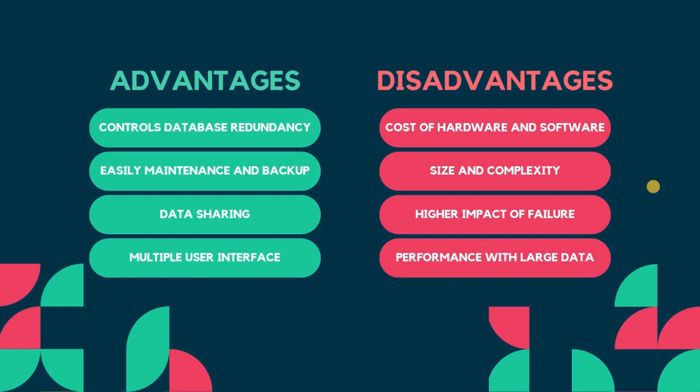A database management system has its own limitations too. The cost of hardware and software increases as the capacity increases. On an individual level, it may be insignificant, but at enterprise level, it can cost thousands of dollars. The size and complexity of data is another issue for DBMS. For example, the size of a primary key is limited to 900 bytes. If DBMS fails, everything starts to fall apart, which has a negative impact on business. As the size of data increases in the database, DBMS faces severe performance issues.